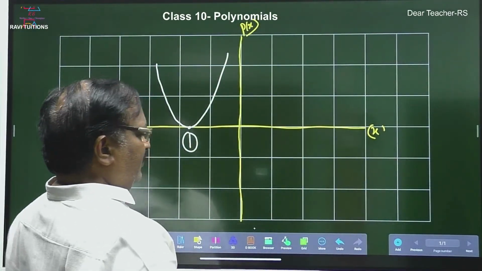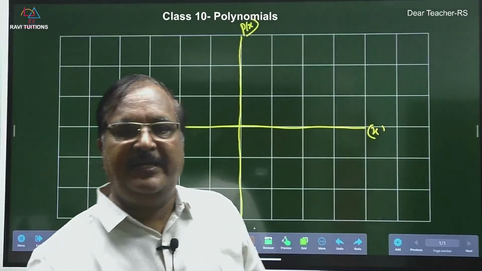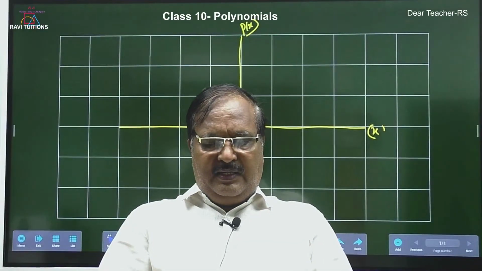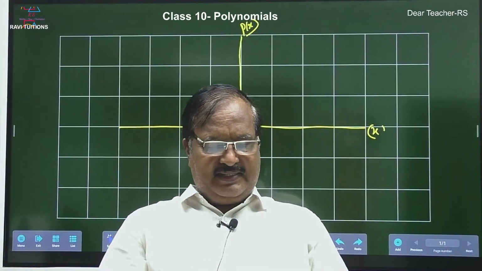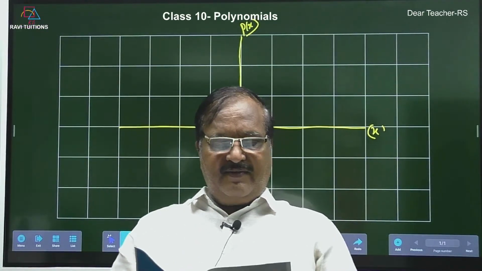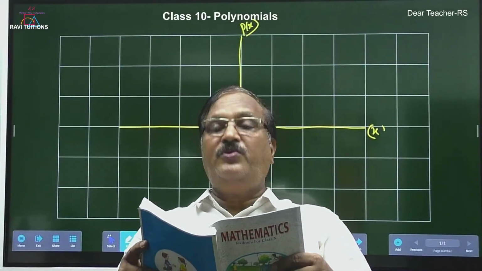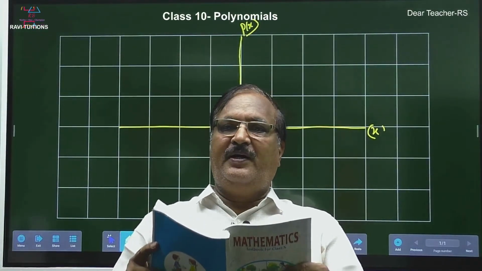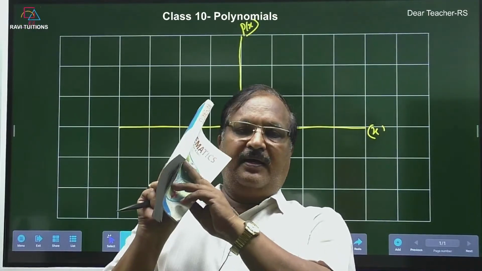So now this is one more example. In the textbook he has given so many problems, so many graphs, and using those graphs you can directly write the answers then and there only. So in exercise 2.1, 1, 2, 3, 4, 5, 6 graphs are given. From these 6 graphs, first graph, it is not at all intersecting x-axis, therefore there is no solution. Second graph, the graph is intersecting x-axis at only one point, therefore it has only 1 zero, right? So like that you can find the